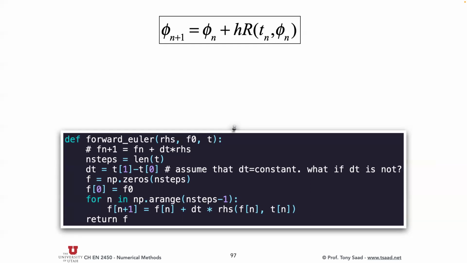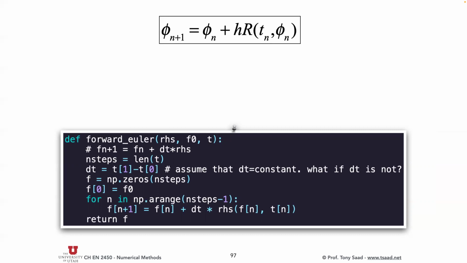Then I create an array for the solution, and I fill it with zeros, and it's of the same size as the number of time steps you have. I initialize the first entry in my solution. So this f is going to contain phi0, phi1, phi2, and so on. The first entry in f is simply f0. Then I start looping, going over all the time steps. For each time step, for n in the number of time steps, f n plus 1 — look at how cool this is. It's very expressive. It looks exactly like the formula. f at n plus 1 equals f at n plus delta t times right-hand side evaluated at f at n